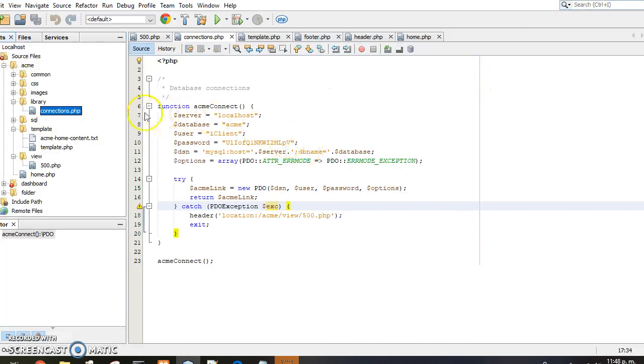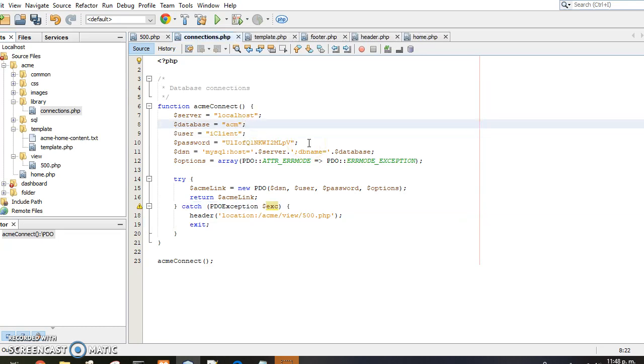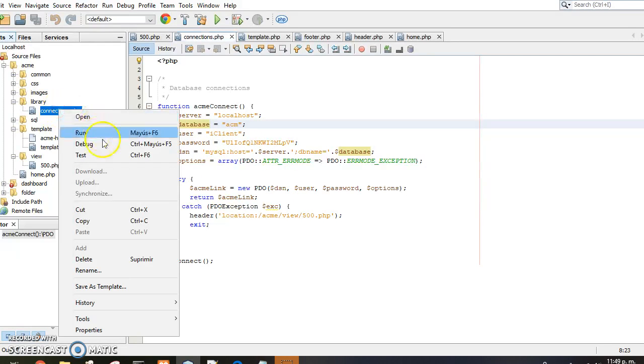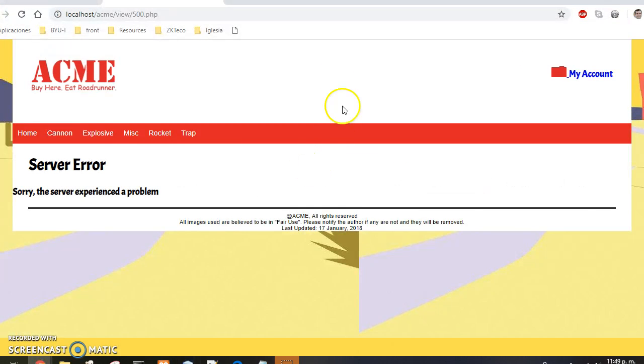So if we go back and, for example, delete something here and save it, when this function right here tries to create the PDO object, it's going to have a database variable that doesn't exist, so this is going to cause an error. So if we click here and run it again, we can see that there's a